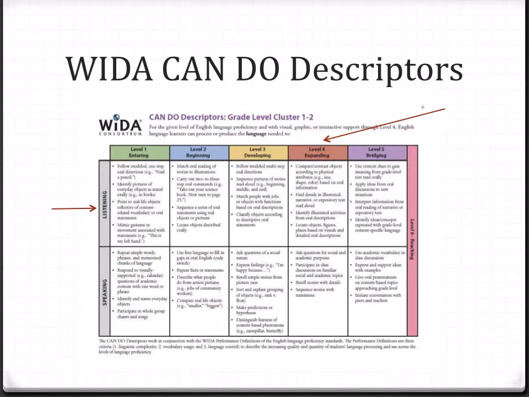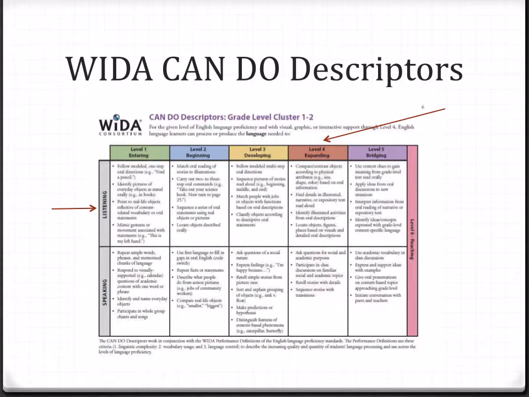The WIDA can-do descriptors provide additional detailed information on what students are able to process and produce at their particular grade level in terms of listening, speaking, reading, and writing. To read this information, first, find a student's subtest scores. What score do they have for listening, for speaking, for reading, for writing? Again, disregard the number after the decimal. For example, if a student has a score of 1.4 in listening, they would be considered a proficiency level 1